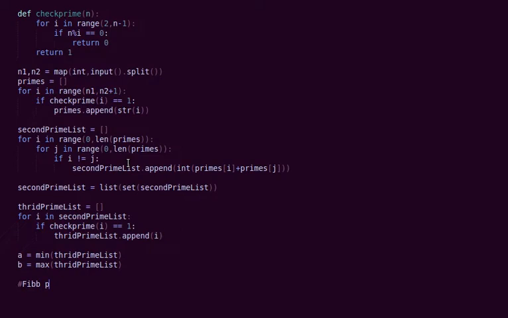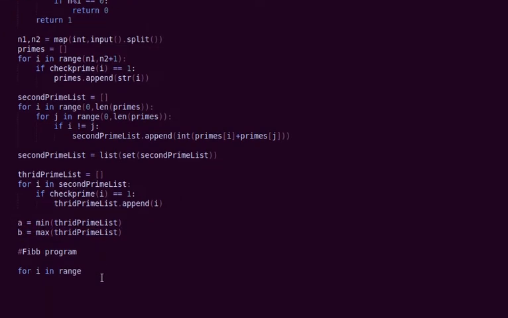Yes, simply the Fibonacci series program. Till now you would be writing the Fibonacci series with a as 0 and b as 1, because that is what defines the Fibonacci series. Now we just need to change the a and b values. That is, the first term and the second term of the Fibonacci series will be replaced with this minimum and maximum value respectively, right? So the first term will be a and the second term will be b.